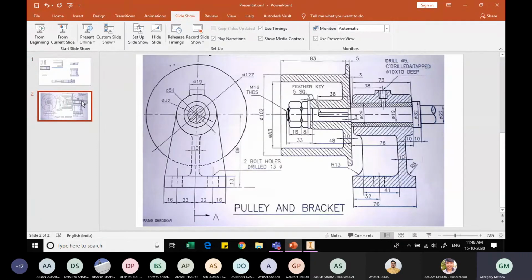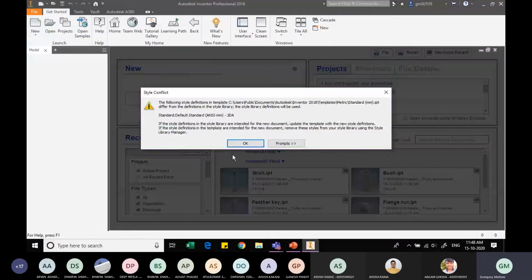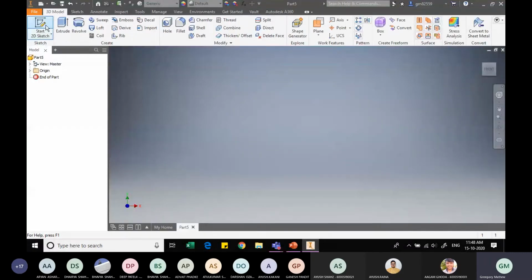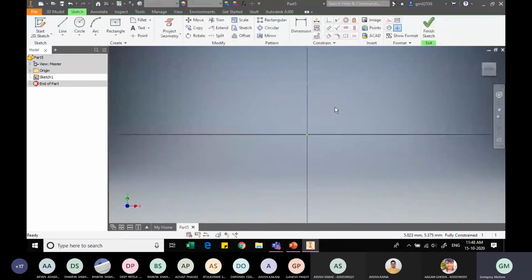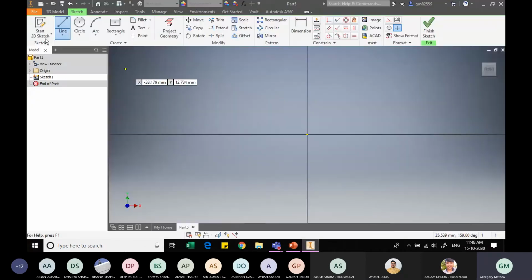So now we'll need to have already noted down the various dimensions. So going back here, new, standard IPT, going back to create, OK, and starting sketch. Let me start on this face, and on this face, so starting with the sketch, that is I am trying to depict this sketch. This sketch that you see, the various dimensions that are there, we will plot it here. So first of all, we will create a line from here. Okay, no, this is not an offset layer. Select the line option, lying on this axis and lying on this axis.